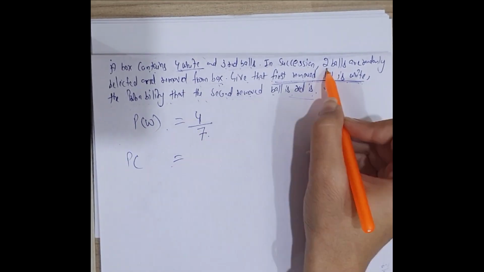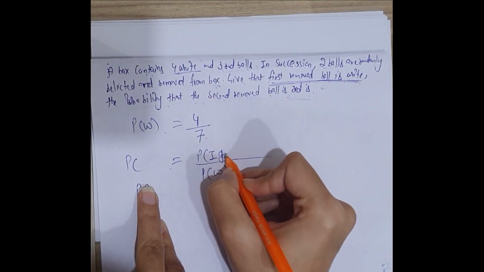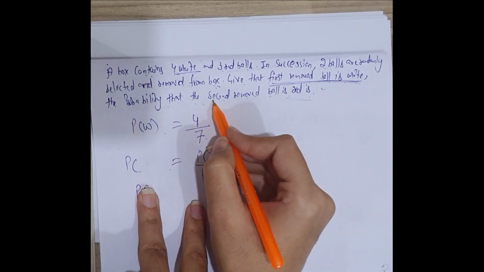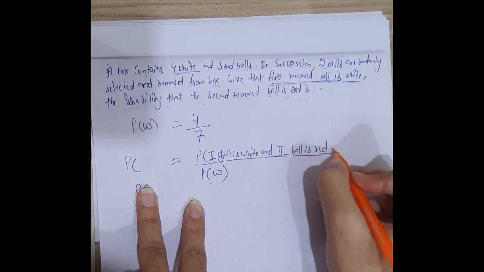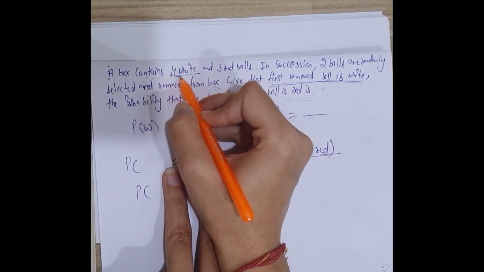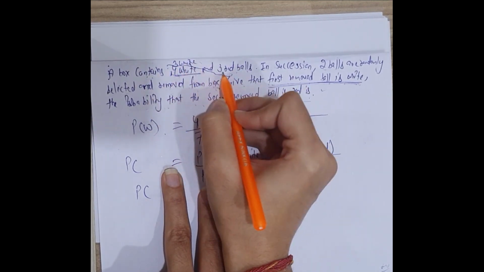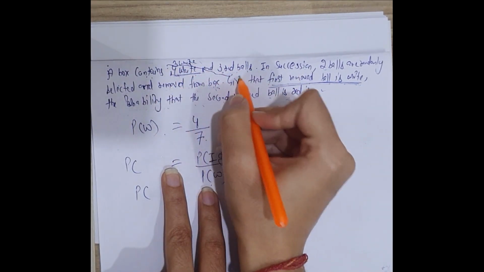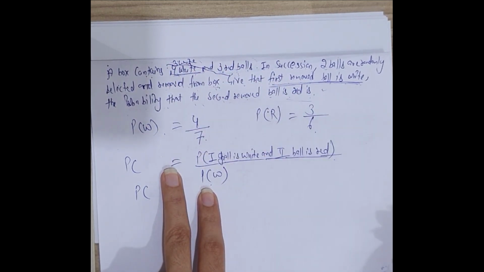How do we find it? The 2 balls are randomly selected and removed from the box. It's given the first ball is white, and they are saying to find the probability of second ball if this is red. Second ball is red. Now, what is the probability of second ball being red? Here from this box, if first ball is drawn, white ball is drawn, now 3 white balls are remaining. Now this is total number of balls, that is 6. One ball is drawn, it has not been replaced, so total number of balls are now 6. Now from 6, how many red balls are there? 3. Red balls remain unaffected.